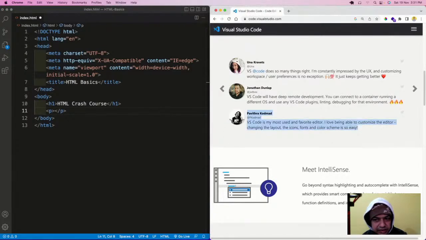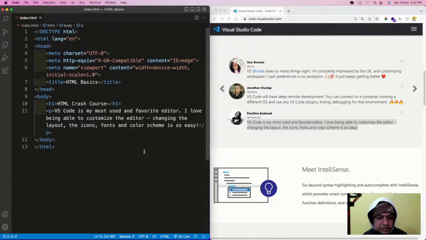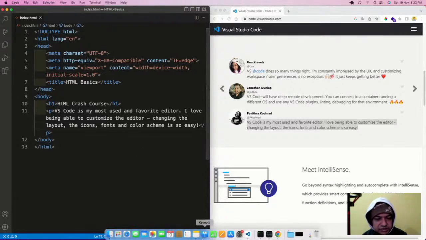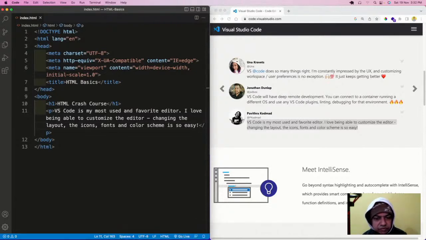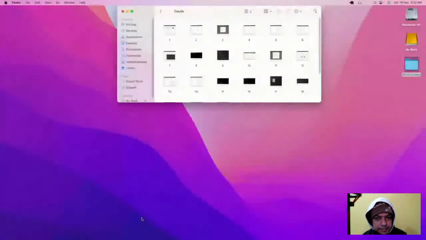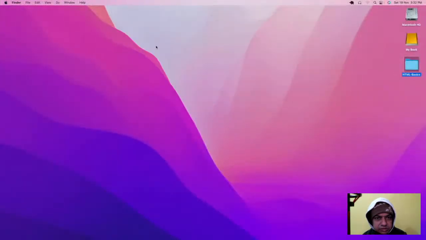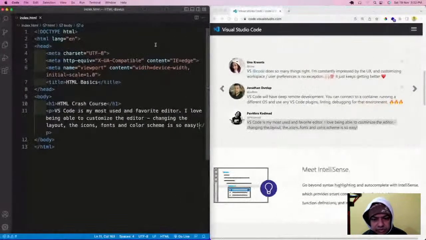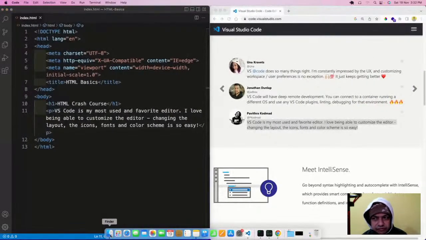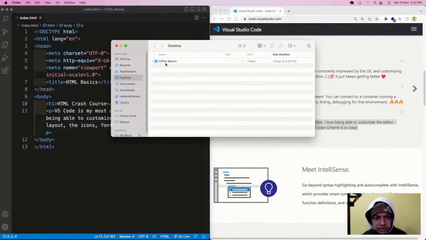So I'll put this thing, and I will save it. But where do I see it? I have to open the Finder. So on my desktop there is HTML basics.